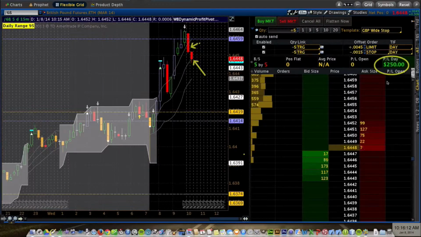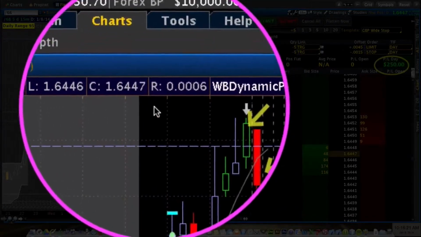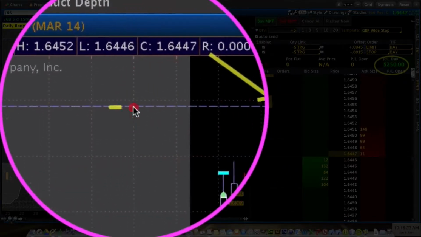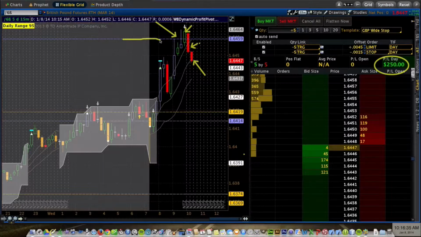So just to reiterate, what happened was this was originally a red bar, this green bar here. When we got into the trade, it was after a purple bar. It was the highest profit pivot, the roof profit pivot, if you remember. If you don't, watch the video on the website, and it'll explain in an easy to understand fashion how profit pivots work. We have a little reversal arrow here, so we had a whole bunch of reasons to get